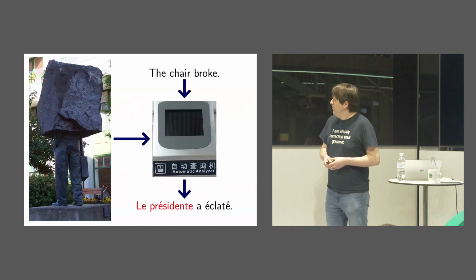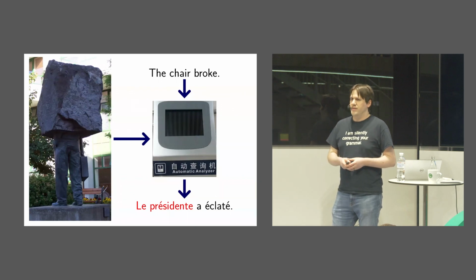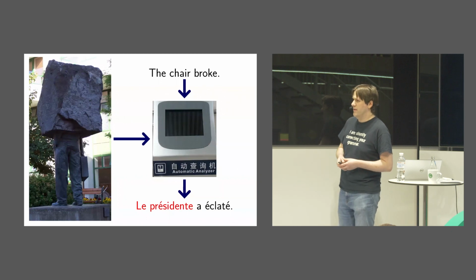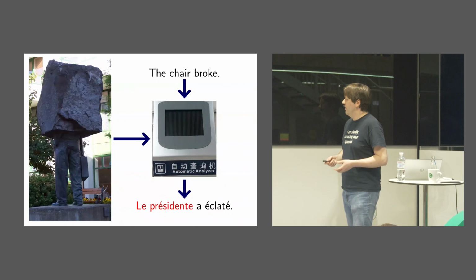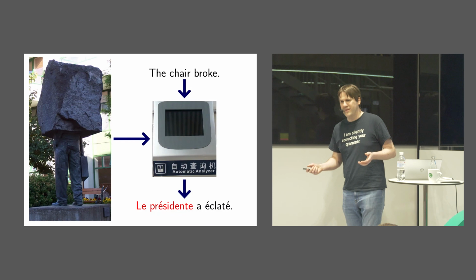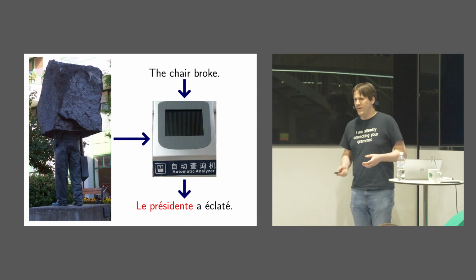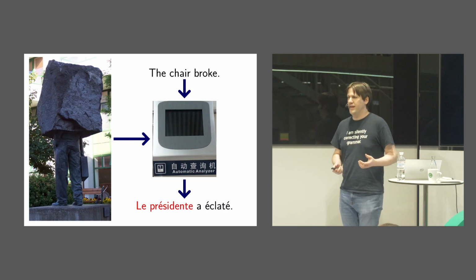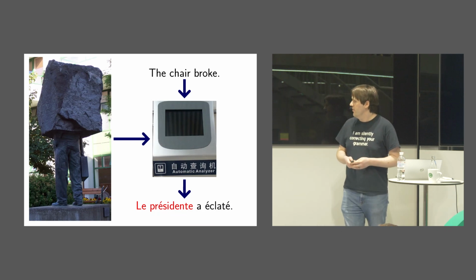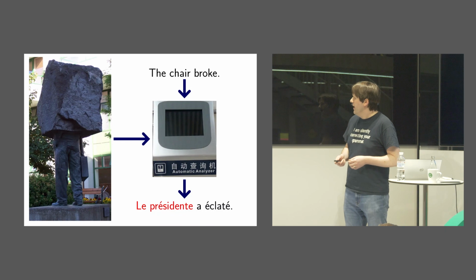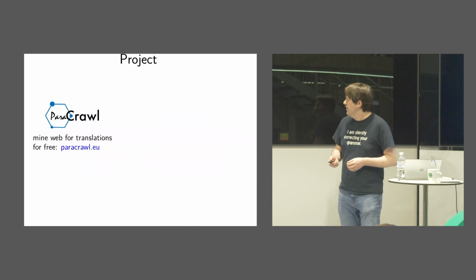So there's still a problem with that because the EU is trying to expand their translation service, which was trained on bureaucratic text, to online dispute resolution. And when someone complains that their chair broke, it translates as le président, not la chaise, because it's used to bureaucratic text and it's the chair of the committee, that sort of thing going on. How do we fix that?